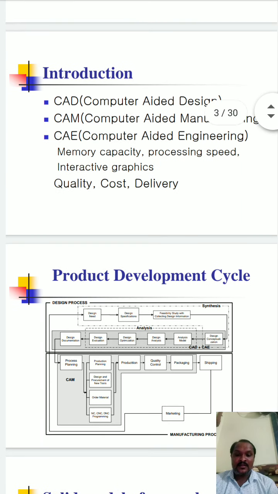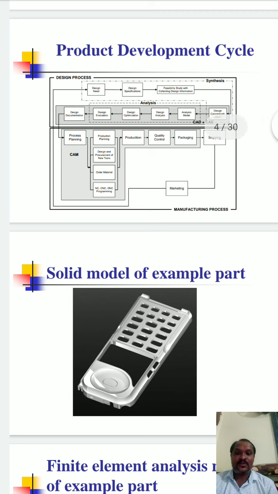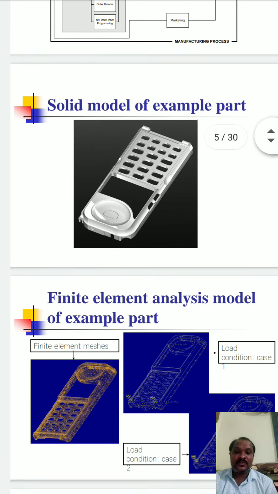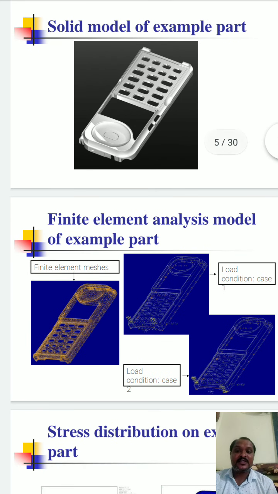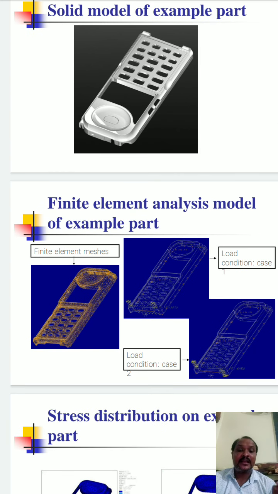Okay friends, this is an example, the solid model of the example part is showing, as we already discussed. The next part is called the finite element analysis model of the example part. The solid model is the conceptualization. Then you are going to analyze that part, whether it is sustainable or not. Means you are checking the conditions also. Means you are applying a load on the part, and whether that much load is going to be sustained by your part or product or not, all those things come under the analysis part.